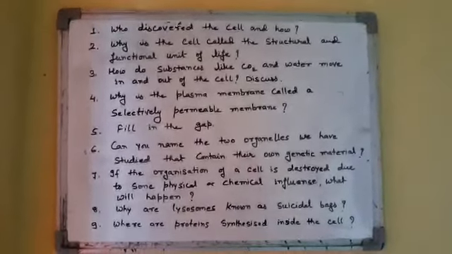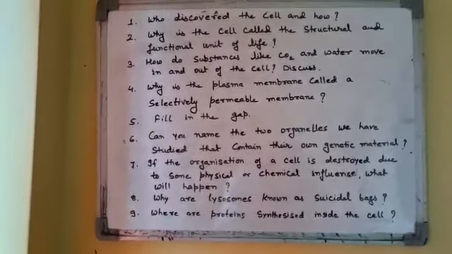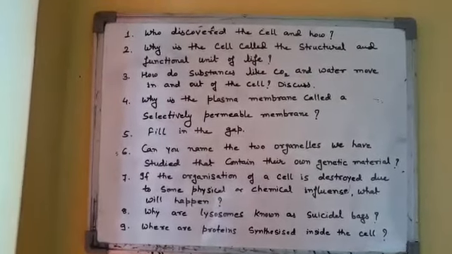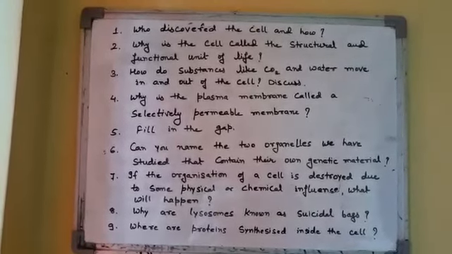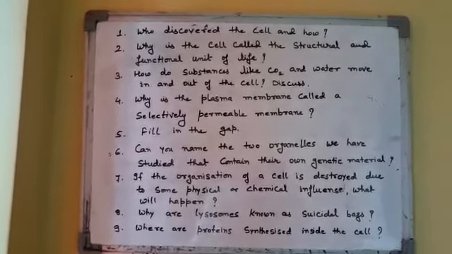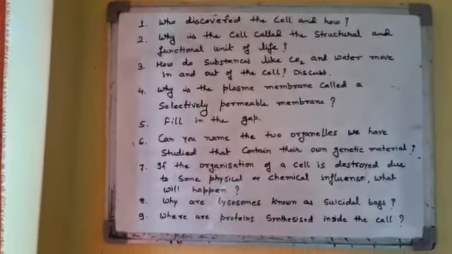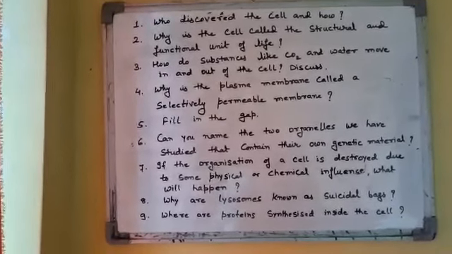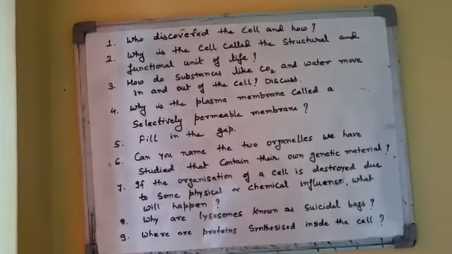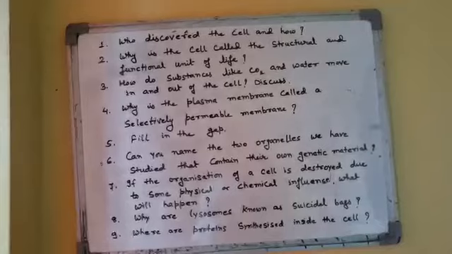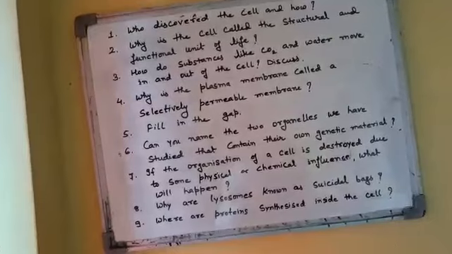The fifth question is a fill in the gap type question. There some lines are written and some gaps are there, like nuclear region in prokaryotic is not written, but it is written in eukaryotic that nuclear region is well defined and surrounded by a nuclear membrane. You have to write about the nuclear region in prokaryotic. So that is not well defined, poorly defined, nuclear envelope is not present, and you will also write down what it is known as. The nuclear region of a prokaryotic is known as what, you will write down over there.